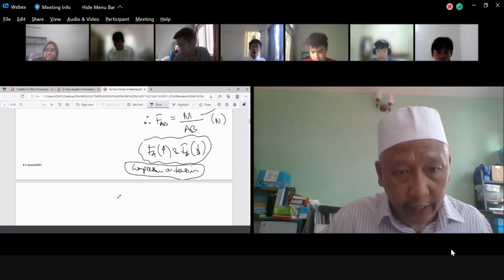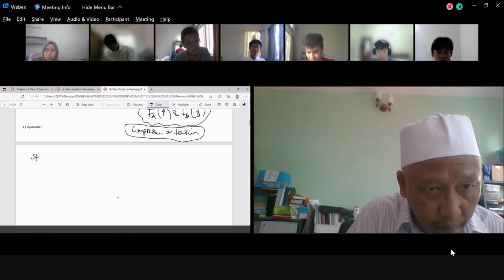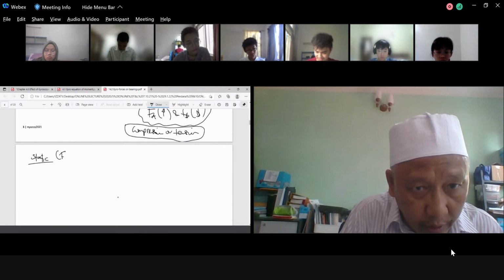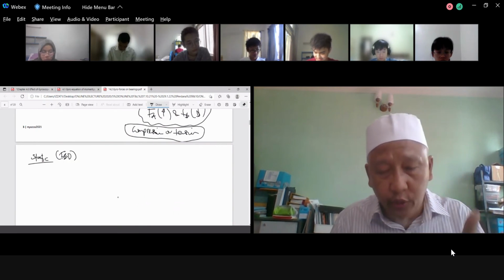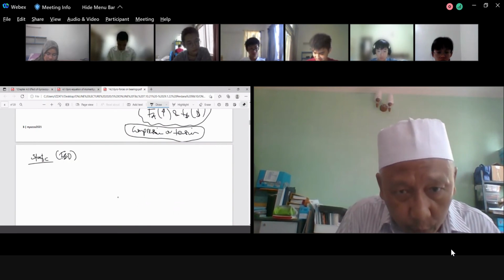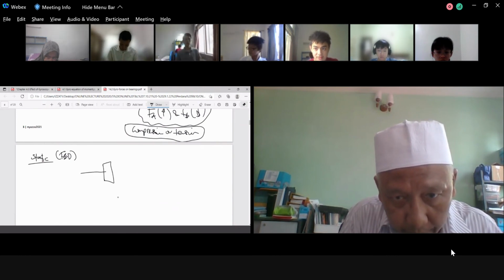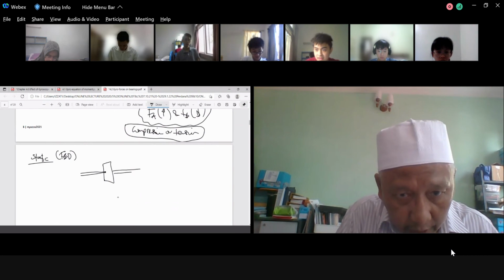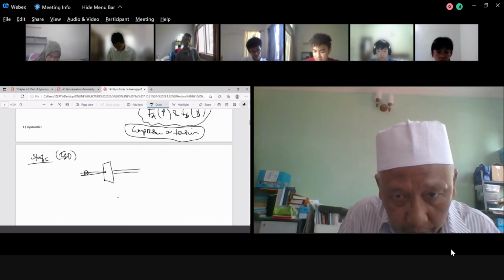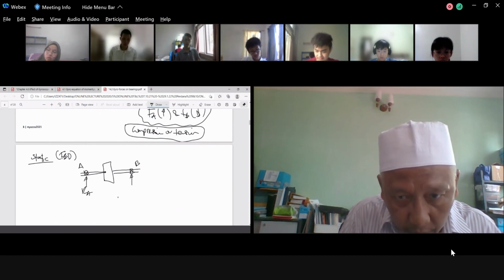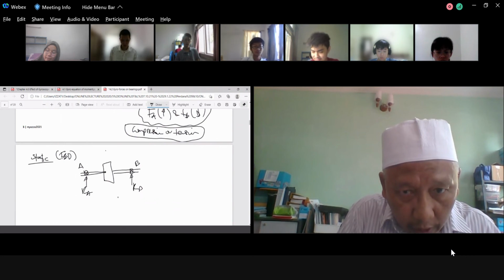Then you go for statics. As usual, statics must be constructing a free body diagram. Dynamic is due to gyroscopic effects. So if this is the statics, this one is a bearing, this one is a bearing. If this one is B, this one is A, for example, you have RA, you have RB, and this one will be your M, mg.